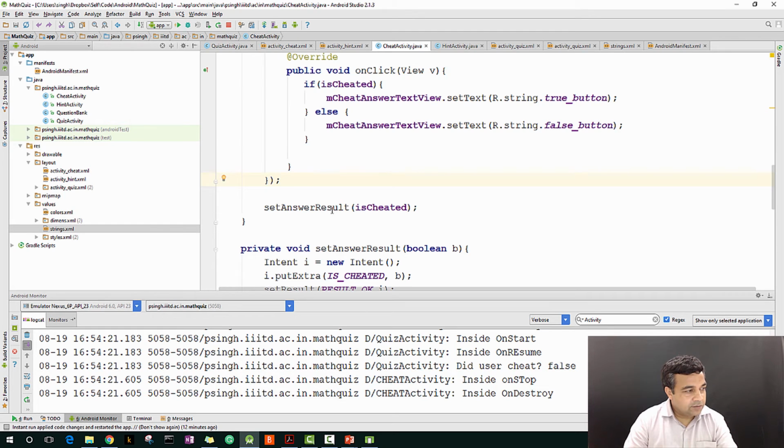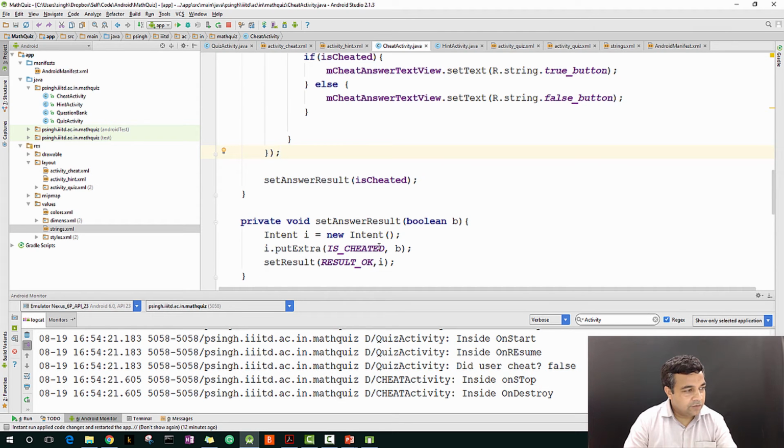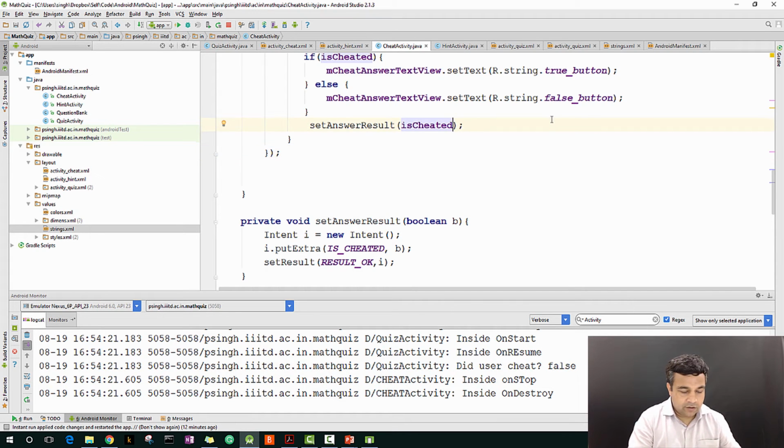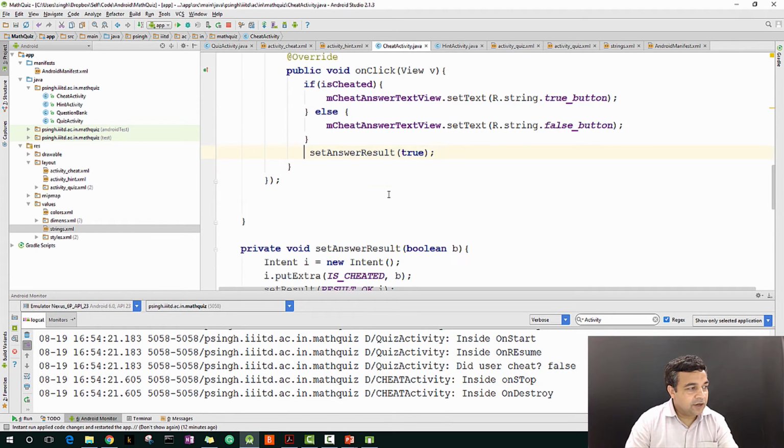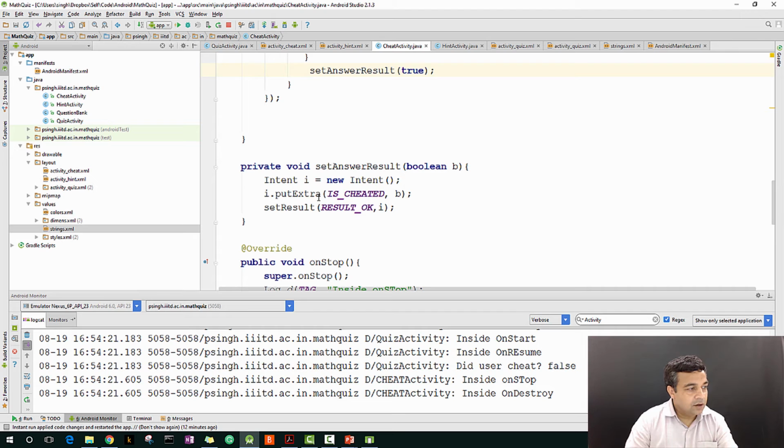Earlier we were calling this method setAnswerResult, in which we are doing this. Number one, we will call this method only when is cheated is pressed, and instead of taking that value we will say is cheated. Because the user pressed the button, we know that he has cheated, and that's why we are passing the value true. And we are passing this value true and we are putting it in is cheated,